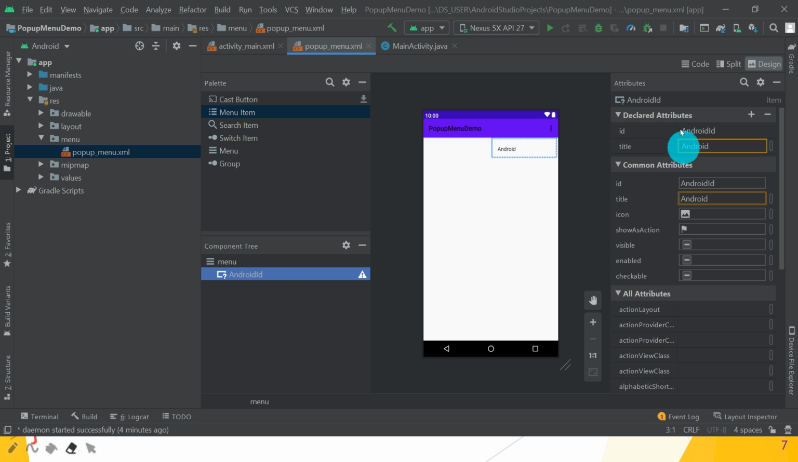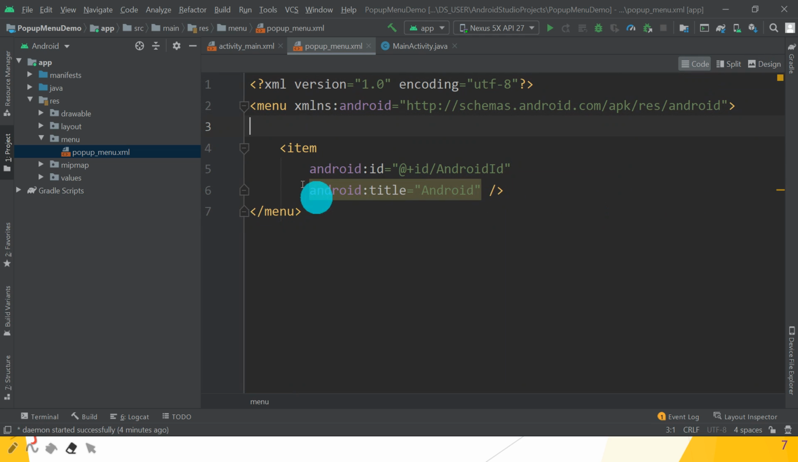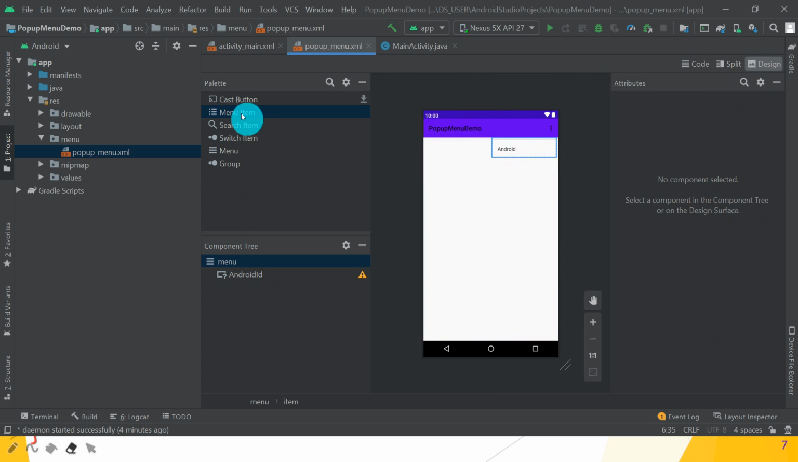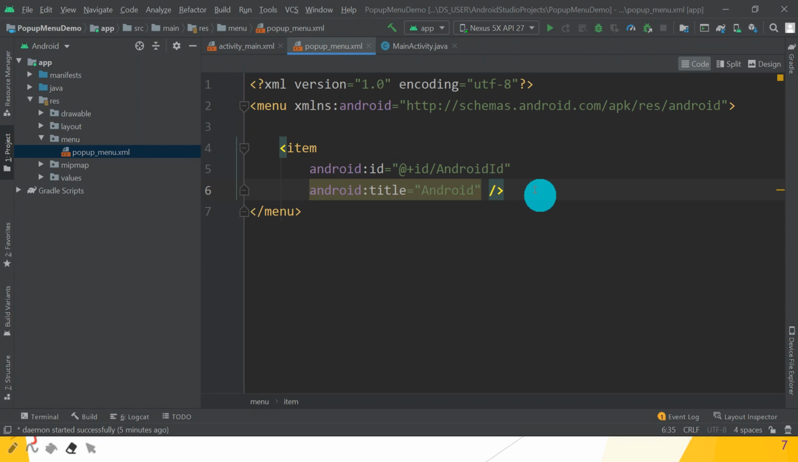So let's move and check in the code part. So in the code window, item, so that is menu item, first is Android ID, then what is the title? That is the Android. Great, guys, hope you understand. So in this way we have to create different menu items. So what is the second menu item? Or you have to write code inside the menu. So how to write the code? So code is first check item, inside item Android